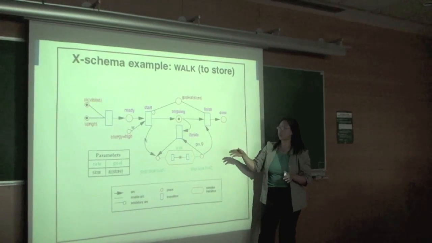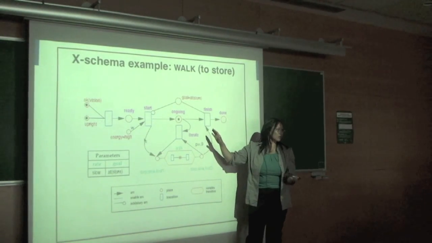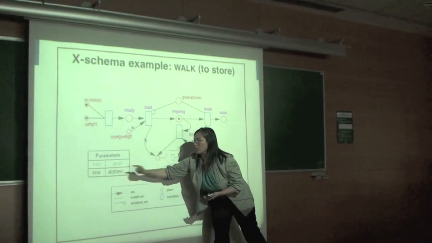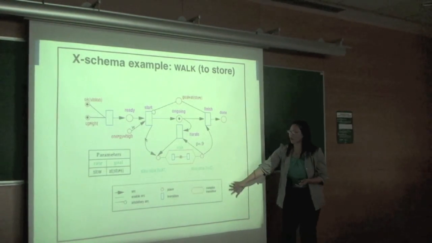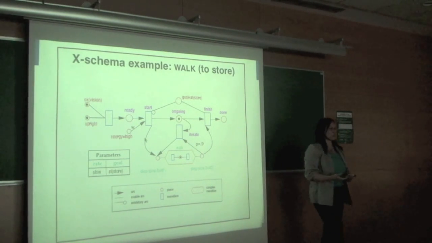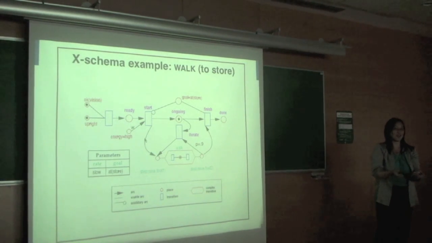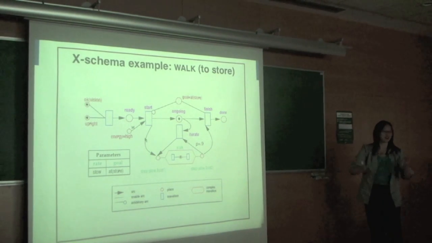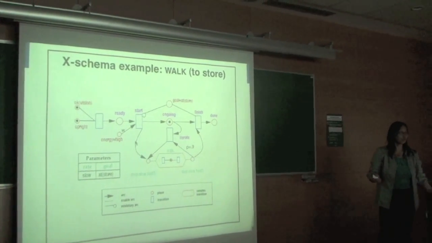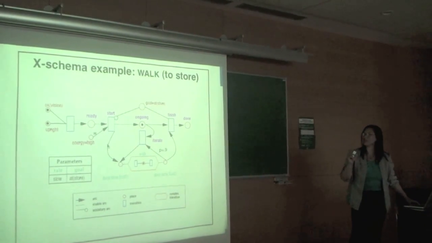I'll show you in the next slide a little bit more, but the idea is that this is a structure where you say something to do walking, and you might say how fast, slow, and the goal is the store. There are various ways of interpreting all the different pieces of it. But it should give you a detailed sense of what it means to really know what it is to walk, if you've reflected upon it or watched a toddler trying to master this, and this doesn't have lots of other parts of it.